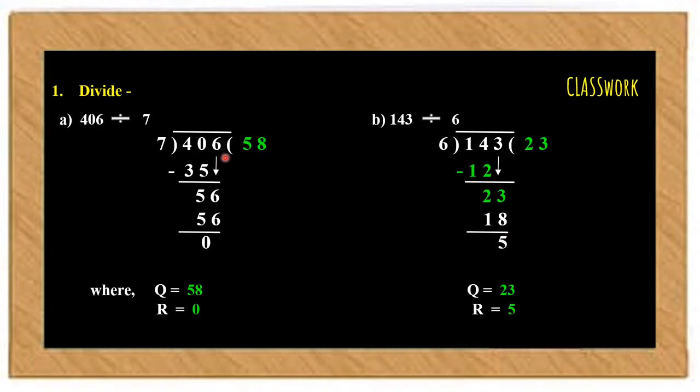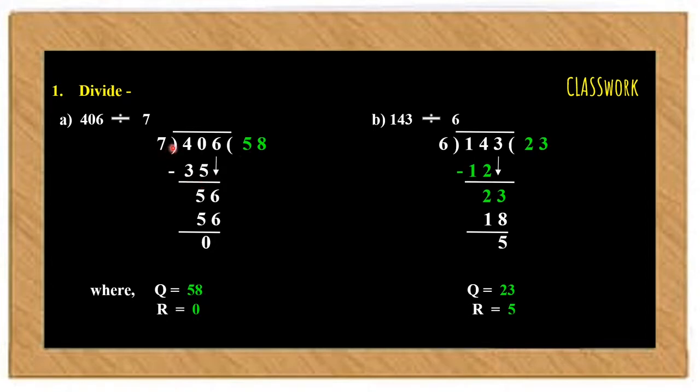After writing the numbers appropriately in between the symbol of division, children, we will first continue to remember the concept which we have learned in the previous exercise. First, we will see if we can divide the first digit of the dividend with the divisor. In this case, 4 cannot be divided by 7. So, we will take the first 2 digits of the dividend to be divided by the divisor. So, children, we will divide 40 by 7. Therefore, we will write 5 in the answer or the quotient and get 35 as the product.